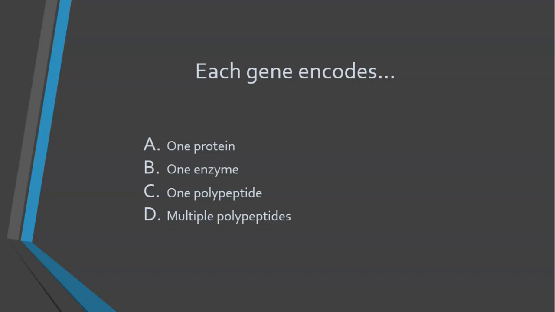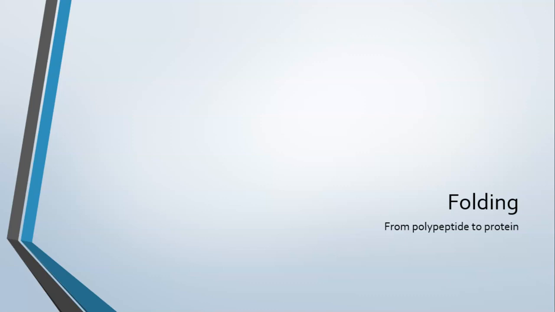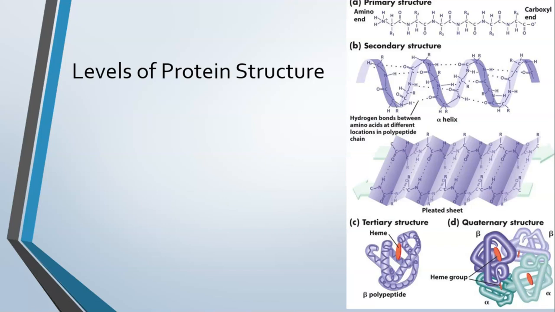And then I told you that there were a couple of other things that would allow for proteins to behave differently, right? And so we're going to talk about those other ways today. We've already talked about alternative splicing. One of the big things that we've been really focusing on is that form follows function, right? The idea that something is going to be shaped in a way that facilitates what its purpose is. And so part of going from just that polypeptide, that chain of amino acids, to a functional protein is how it folds. So the first thing that I want to talk about are the levels of protein structure, and